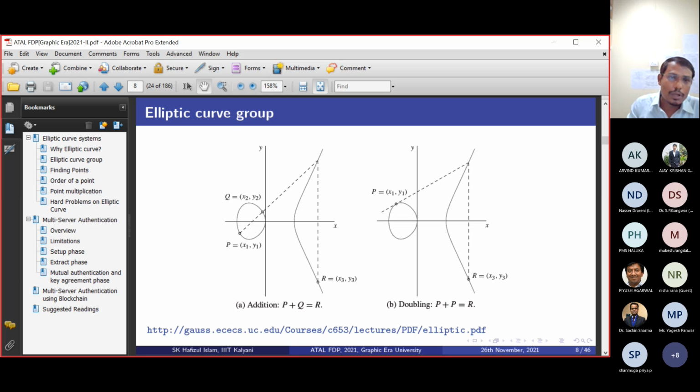So here you see, the x square term coefficient is minus m square. This will be equal to the sum of the roots, minus of x1 plus x2 plus x3. So from here you can find that x1 plus x2 plus x3 is m square. Then what is x3? Because the 2 points P and Q are given, we know x1 and x2, but we have to find x3. x3 will be m square minus x1 minus x2. So that we did here.